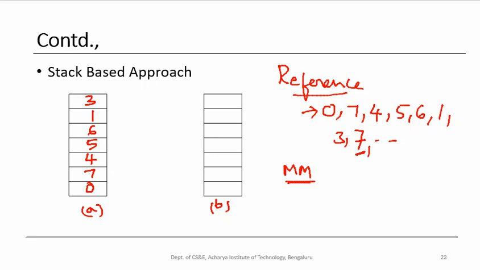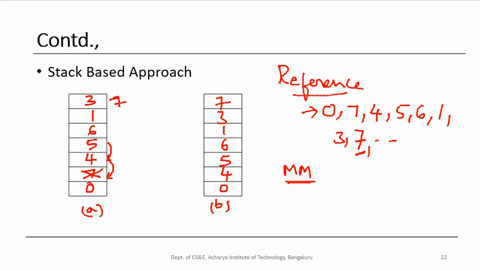Now if we make the reference to the same page again, let's say page number 7, then what you have to do is remove page number 7 from here. The entry related to page number 7 is removed from the stack, and this is pushed down, and this is pushed down, and 7 is entered here. I will show you that here. So when a second reference is made to the same page, the entry related to that is removed, 4 comes here, 5, 6, 1, 3 and 7 is entered here.